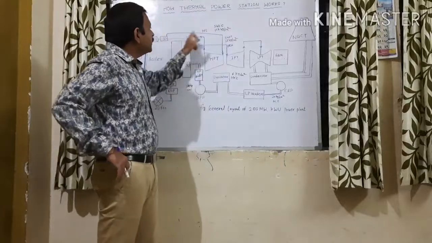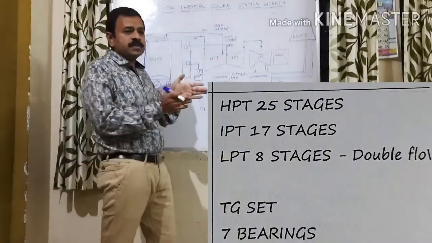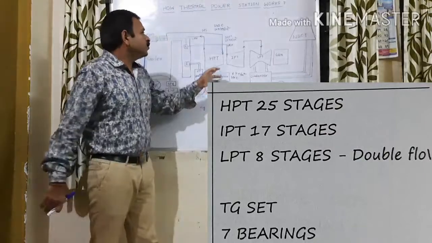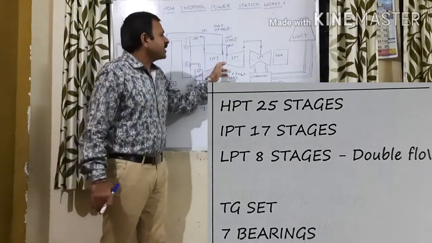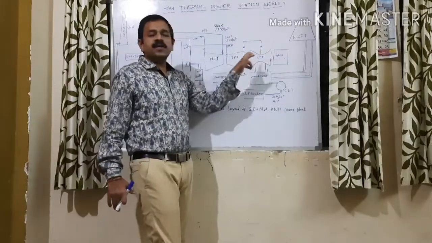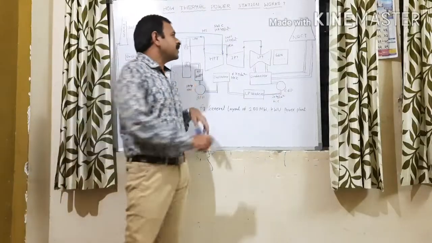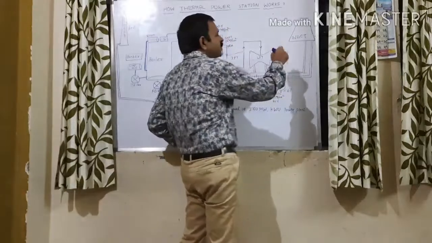So here the MS steam is coming toward the HP turbine, and this turbine will be rotated, means the blades of the turbine will be rotated. So what will happen? This turbine is rotating at the speed of 3000 RPM. Ultimately the generator is connected with the shaft of the turbine with the help of the coupling. It means the generator is also rotating at 3000 RPM.